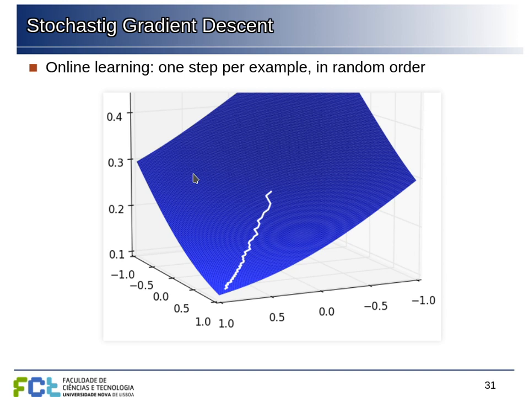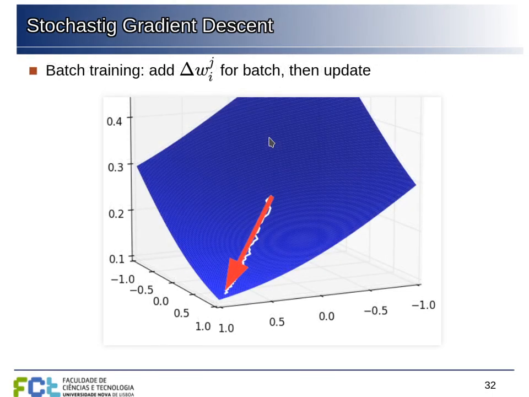So since the examples are chosen at random, we are doing stochastic gradient descent because we are doing gradient descent like we saw previously, but the actual trajectory here is randomized by the random choice of examples at each step. In fact, we can improve the efficiency of this, and usually neural networks are trained with batches of examples. And the idea is that we take a batch of examples, say 64 examples or 256, something like that. Usually it's a power of 2 to optimize memory use with parallel processors, but that's just a detail.